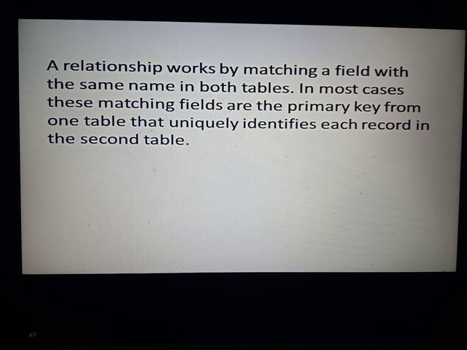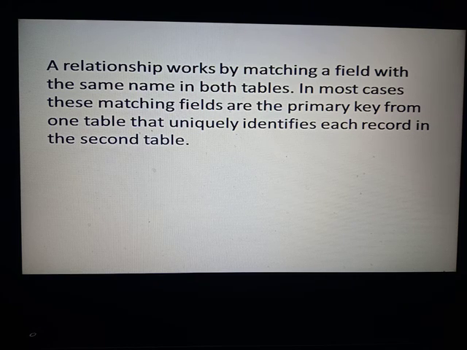Suppose like a serial number: for every new row there will be a unique serial number. It can never be repeated. Like roll number is always a unique number which never repeats. So a primary key is like a column which is very unique, and the data in that primary key never repeats.